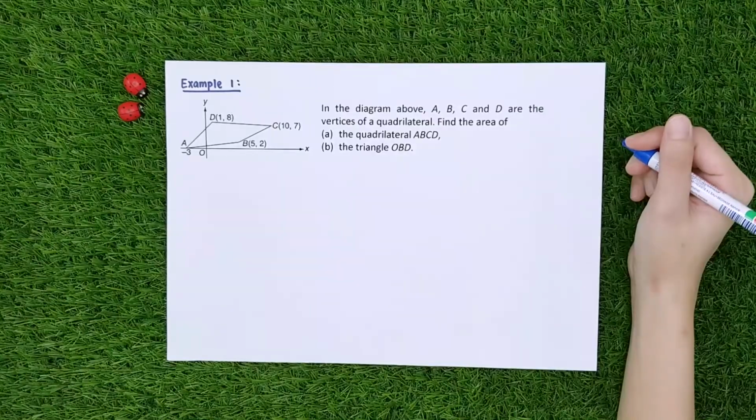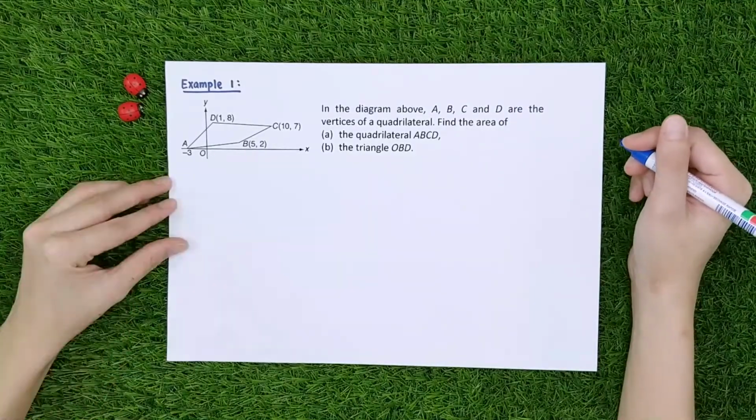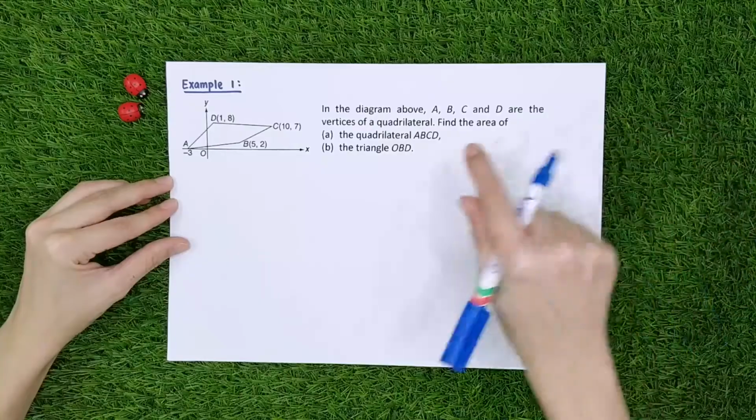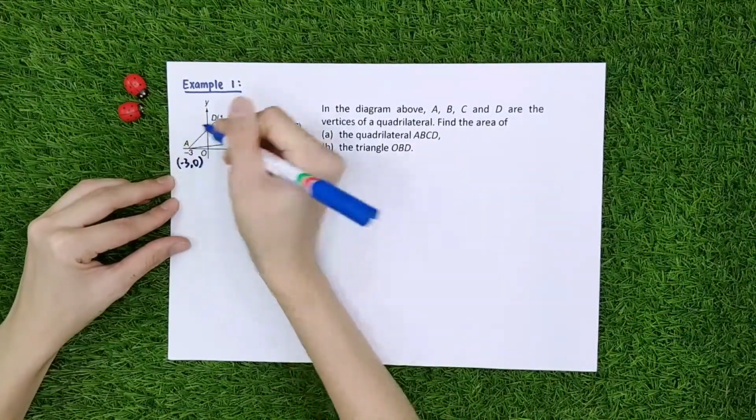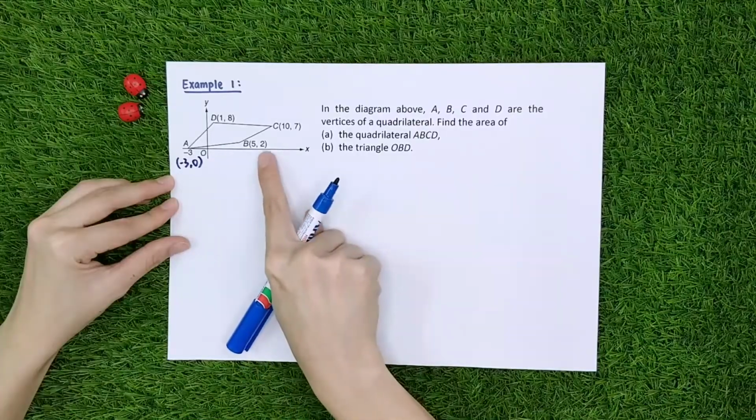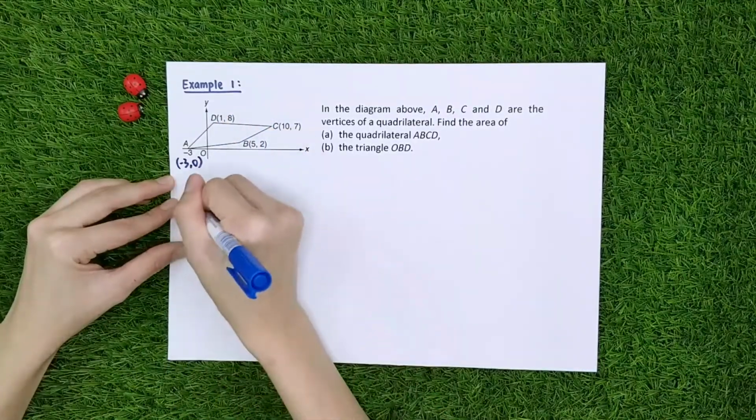Example 1. In the diagram above, A, B, C, and D are the vertices of the quadrilateral. Find the area of the quadrilateral ABCD. So this should be an easy example. My coordinate A is -3, 0. I have my coordinates B, C, and D. So my area will be